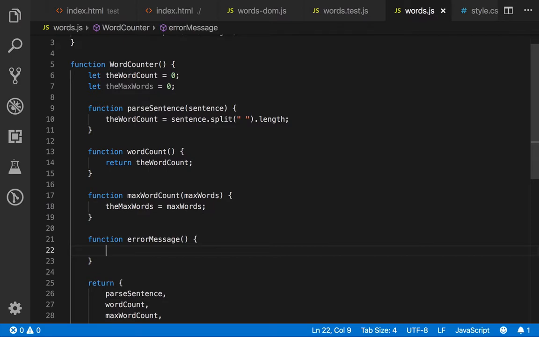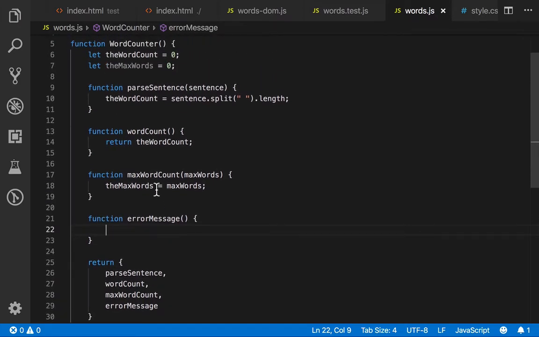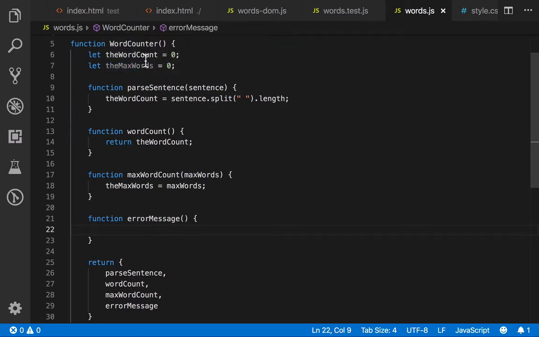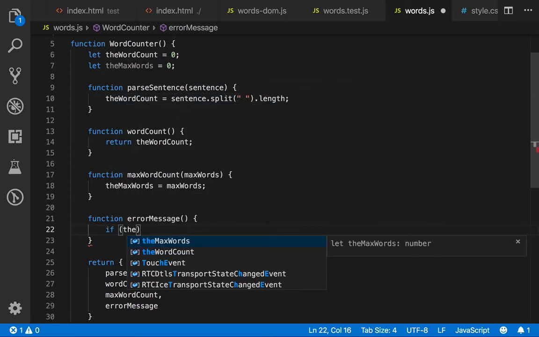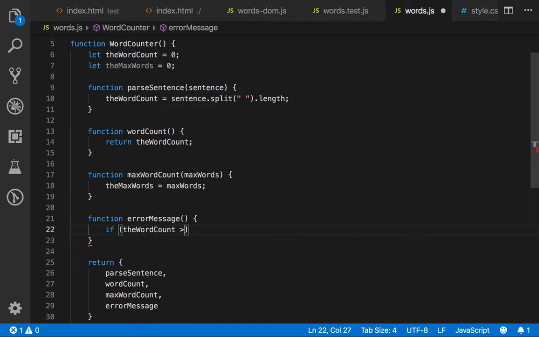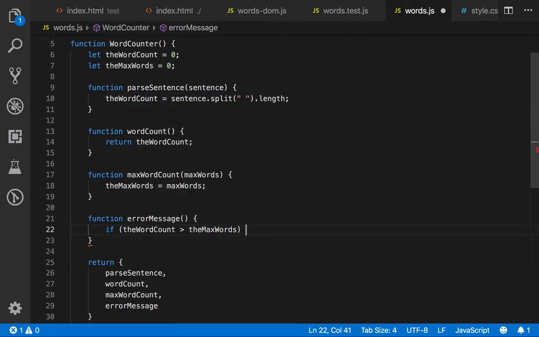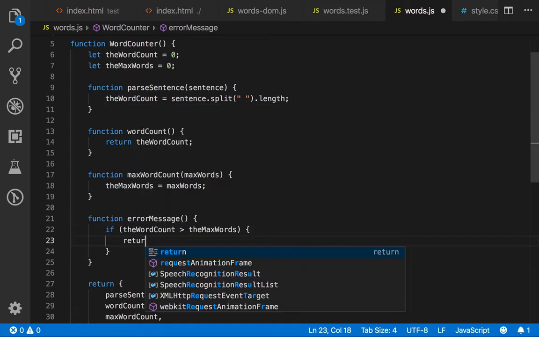And then what we're going to be checking here is if the word count is bigger than the maximum words, then we should get an error message. So we just want to say if the word count is greater than the max words, then we just say